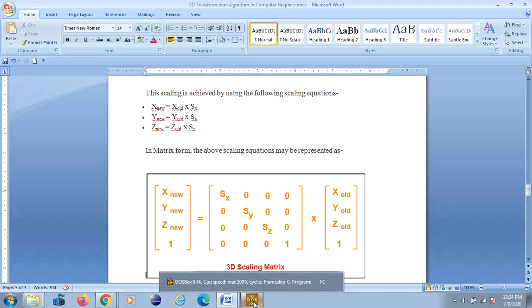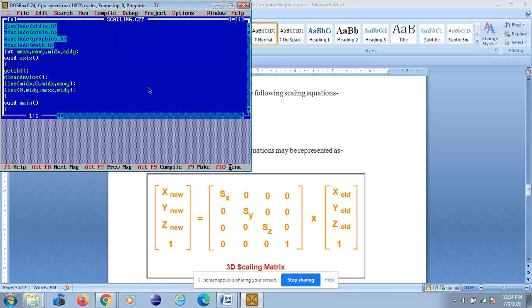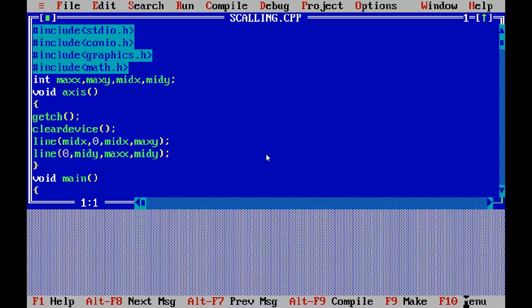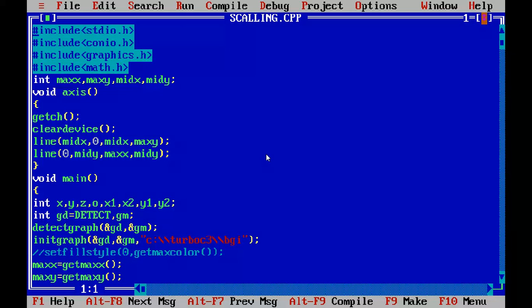Now I am showing you the implementation of this 3D scaling program in Turbo C. This is the program of 3D scaling. You will see this in each program: the axis is taken as a function.